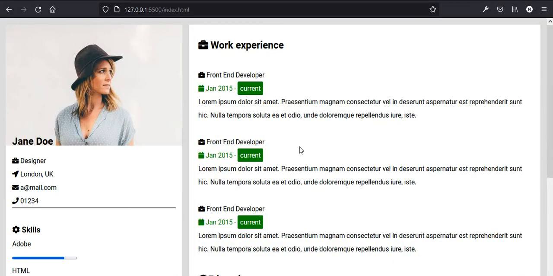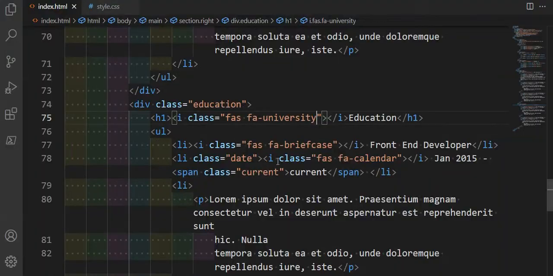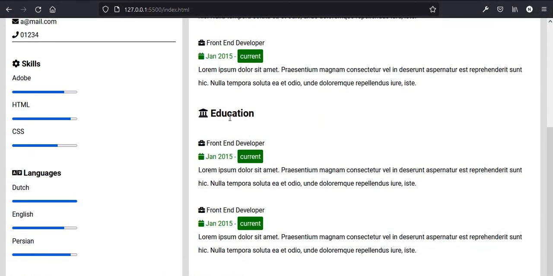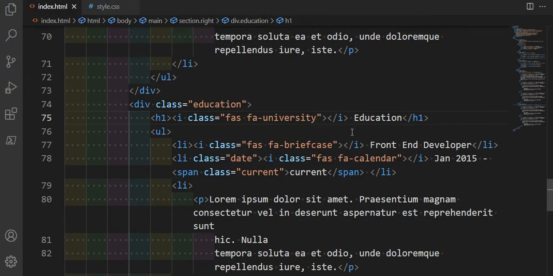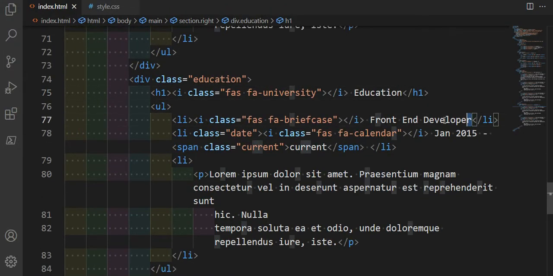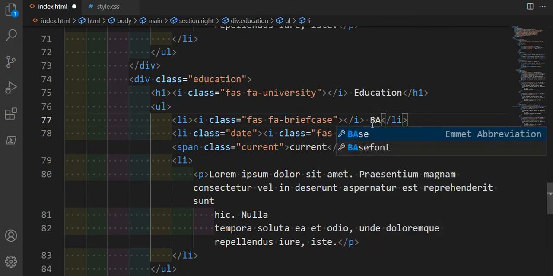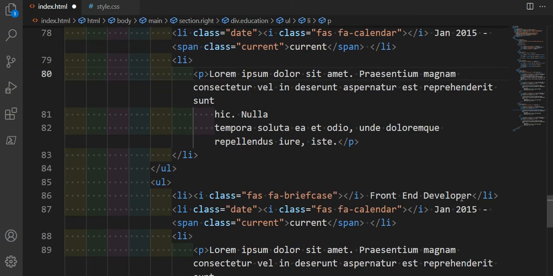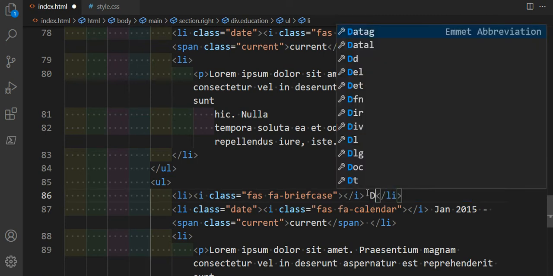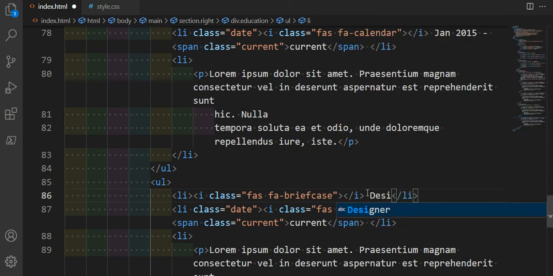Hopefully Font Awesome. Oh yes, cool, awesome, some space. We have it, awesome. Okay, and there's the university, and well, you can change these, right? So let's say, I don't know, bachelor's in computer sciences, and maybe this one is like, yeah, design